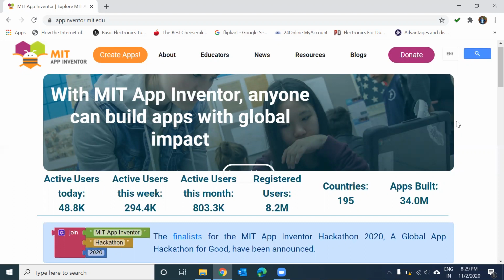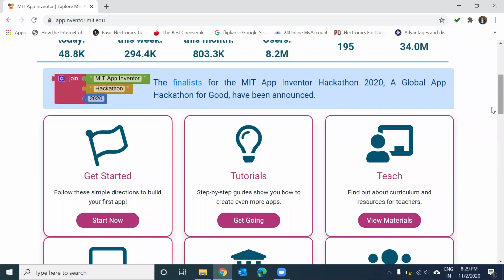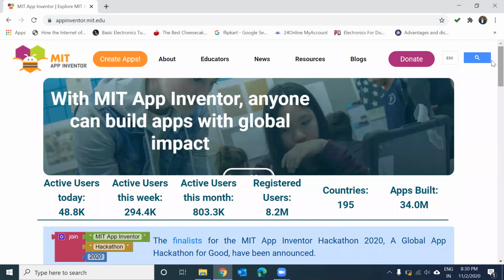If you want to create any new application by using this MIT App Inventor platform, you need to click on this Create App tab. And if you want to explore the tutorials, you can get all the tutorials in PDF format and on the blogs on the MIT App Inventor platform. You can explore that as well. Right now I don't want to waste so much time, so we can directly get onto the platform and start building the application. I'll just walk you through the environment of the MIT App Inventor.